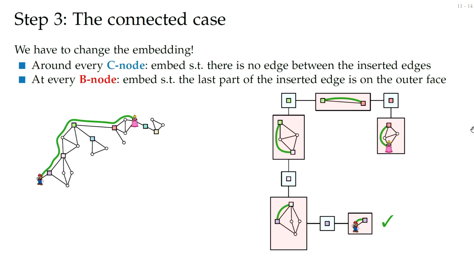Okay, so this is our first data structure, the block cut tree, that tells us how we can walk through the biconnected components and then combine stuff so we can solve the connected case. And of course, there's a reason why I've done it this way around and not from top to bottom, because now we're not even at the halfway point and we still have the last part left. And understanding the block cut tree, how we construct it, also helps us to understand how we can construct the